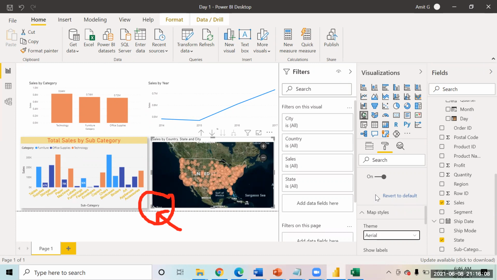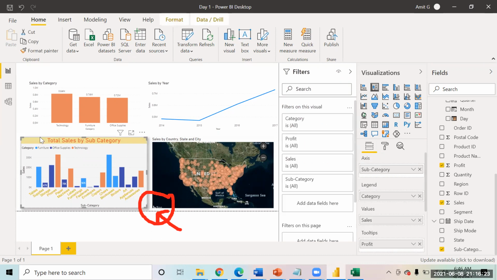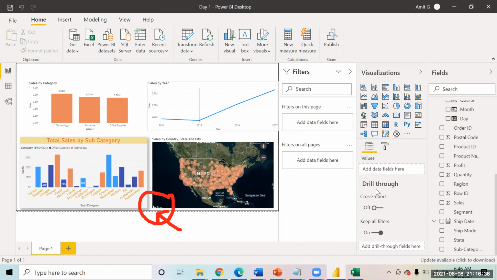Okay. And similarly, now if you come over here, you see we have created a couple of charts. Mostly all the charts that we have created have a drill down, drill up feature. What you can do additionally is, definitely we will be exploring all the different visuals that we have, and slowly keep on exploring all the different functionalities also. Over here, when none of the charts is selected, you will notice this formatting option comes up.